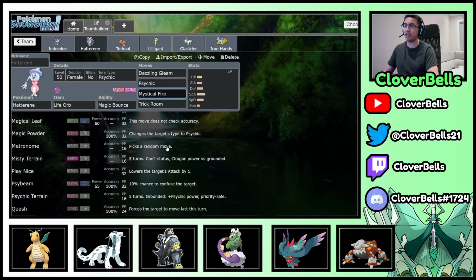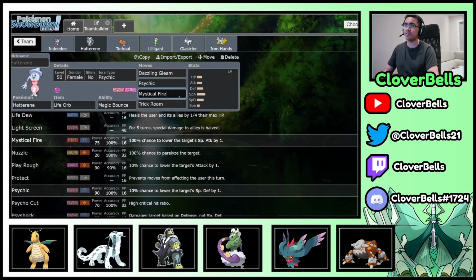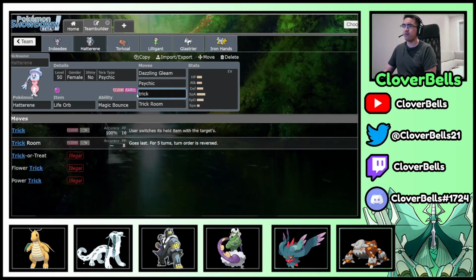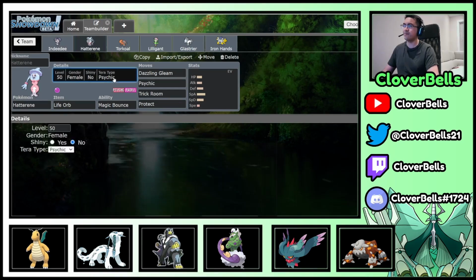I don't really need anything super, super crazy. But yeah, Dazzling Gleam, Psychic, Mystical Fire, Trick Room. Or actually, you could just do Trick Room, right? And then just Protect. You don't even need another coverage move. I feel like this is still okay with the Hatterene. And then...